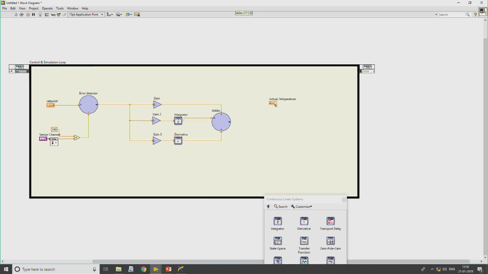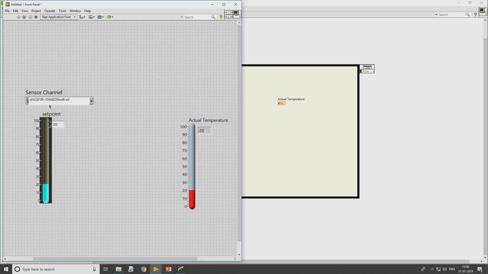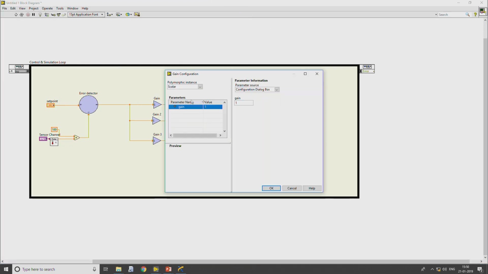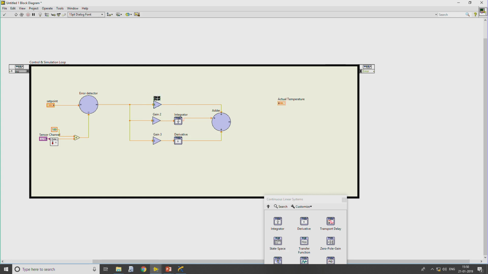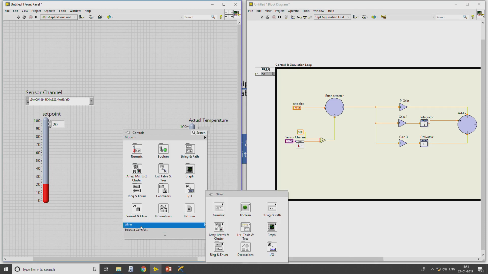But the problem that comes here is, how do we manipulate the gain from the front panel? For that, we can double click on the gain, and instead of taking the parameter source from dialog blocks, we can make it a terminal, say P underscore gain, so that we can create a control at this point.